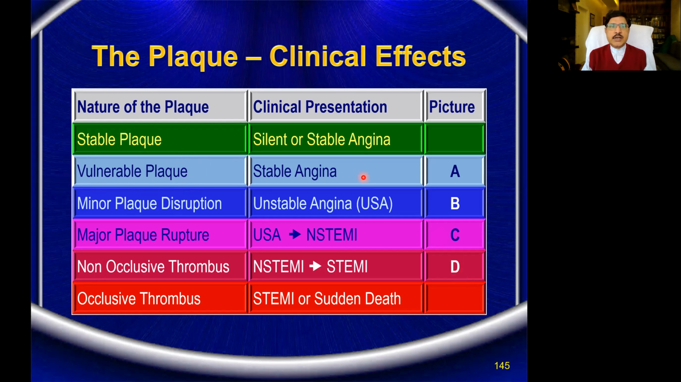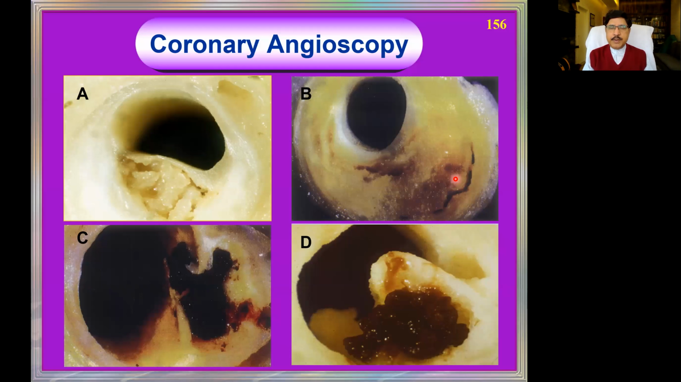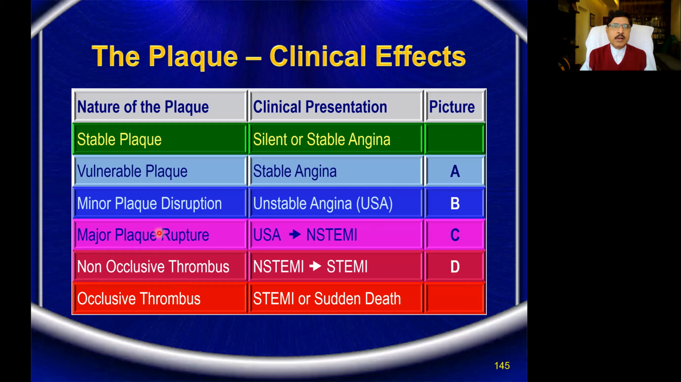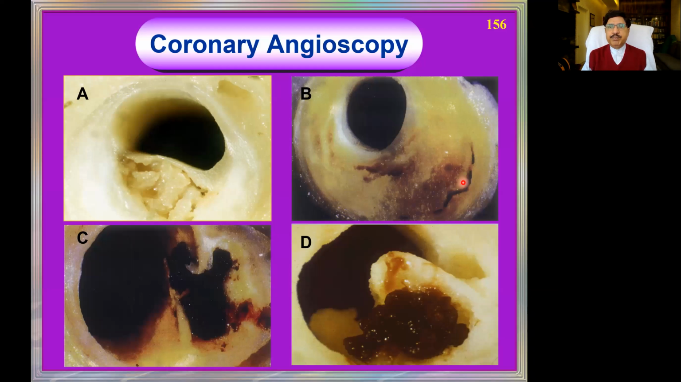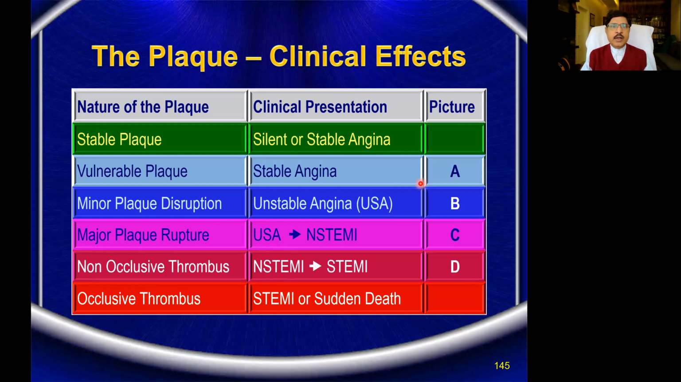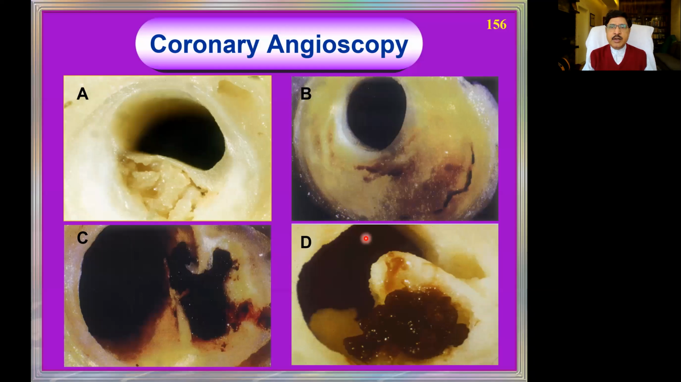Vulnerable plaque is still stable angina only, but the plaque has not yet ruptured, which is our picture A in the previous slide. There is a vulnerable plaque, and there is a minor plaque disruption which results in unstable angina, as you see in picture B. This is the unstable angina. These are intravascular ultrasounds. And see, major plaque rupture, unstable angina has progressed on to non-ST segment elevation,